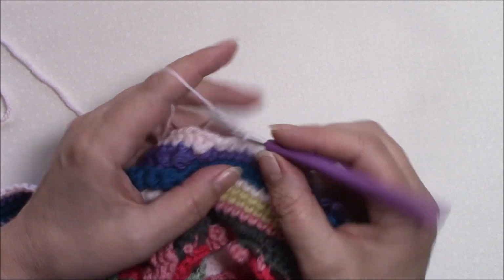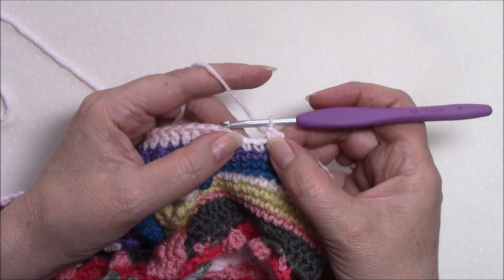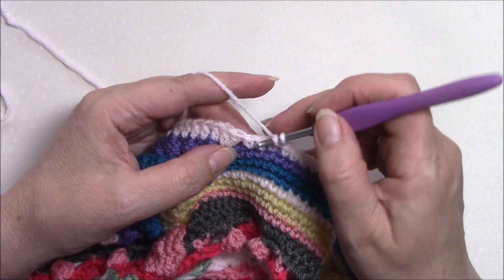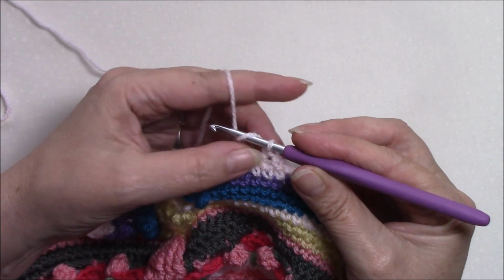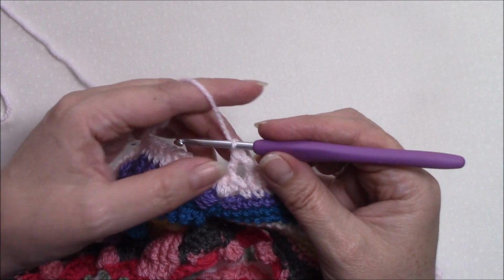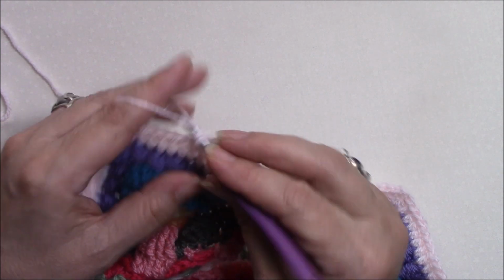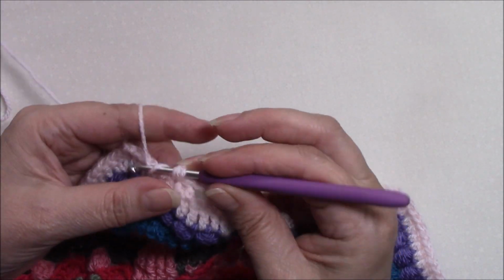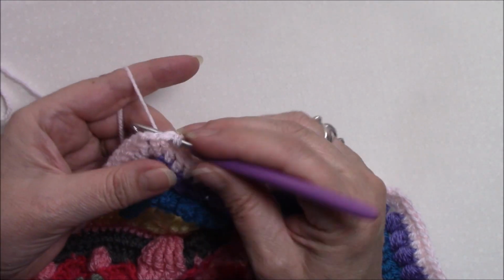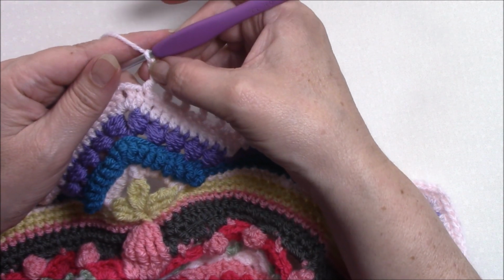Moving on to round 50, let's get everything in the right place. We are going to chain 1, single crochet in the same stitch. Okay, we're then going to skip the next stitch here, and we're going to double crochet in the next stitch, which is that last single, chain 1, skip a stitch, and we're going to do this 7 times. Okay, so double crochet, chain 1, skip a stitch, double crochet, chain 1, skip a stitch, double crochet, chain 1, skip a stitch, chain 1,